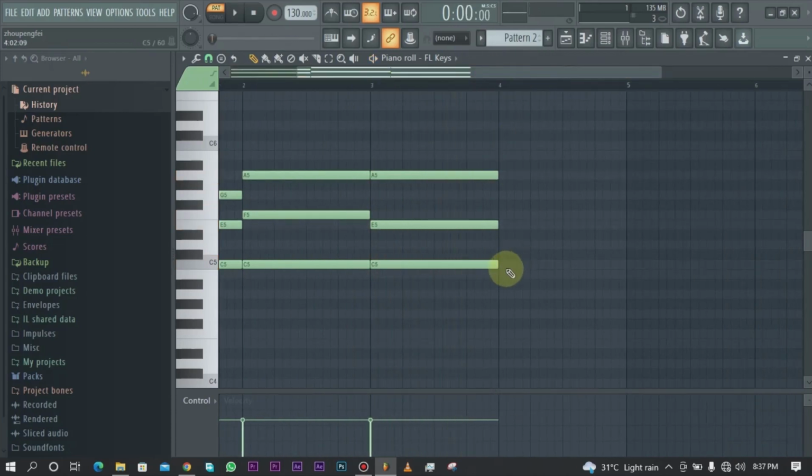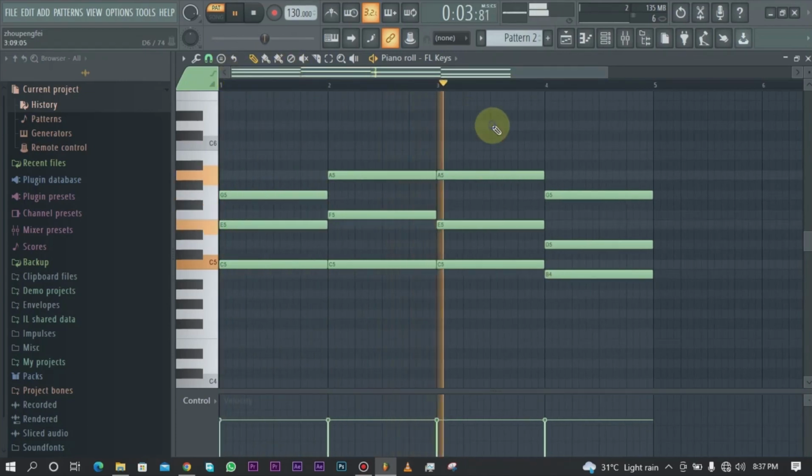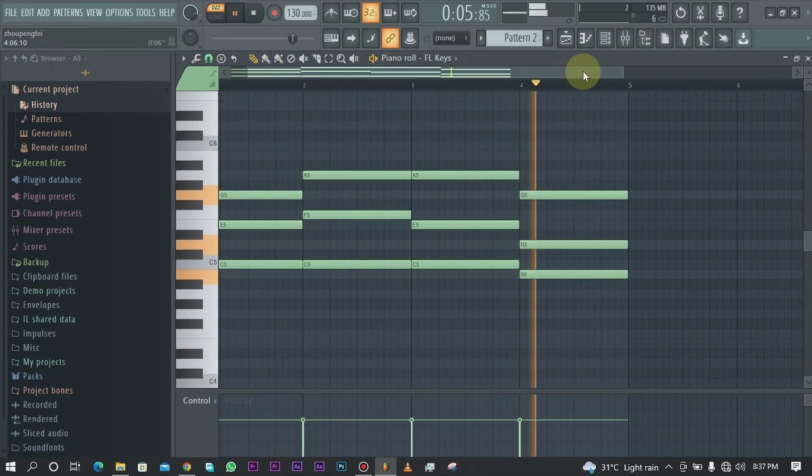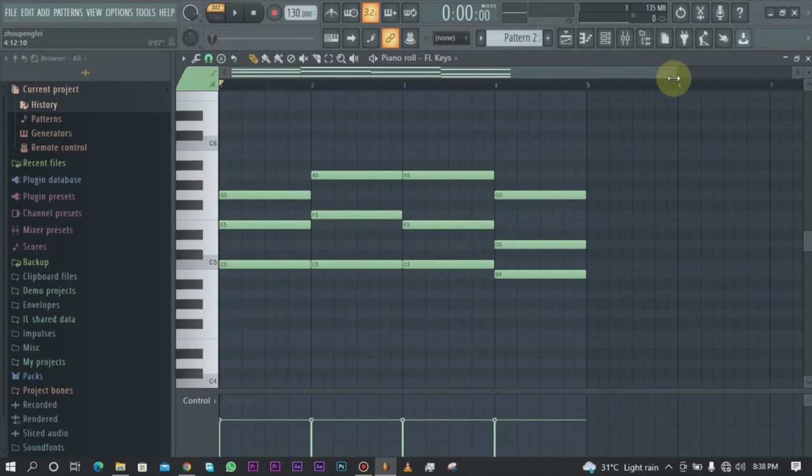I'm just going to go ahead and do the last one. All right, so you can see we just did that. We just created a very simple basic chord progression, and basically this is how we make music